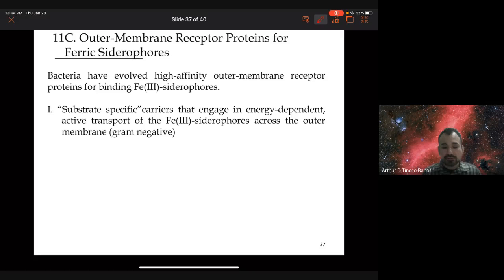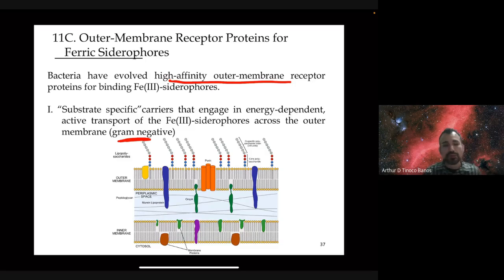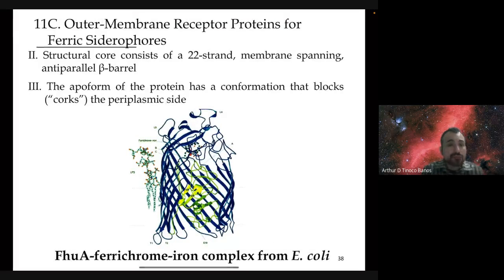So bacteria have evolved high affinity outer membrane receptor proteins for binding the iron siderophore. These are substrate-specific carriers that engage in energy-dependent active transport of the iron siderophores across the outer membrane. And so here we're going to talk about the gram-negative, which has a particular composition in terms of its structure. The outer membrane receptor, or one type that can recognize an iron siderophore, is the following, where we have this